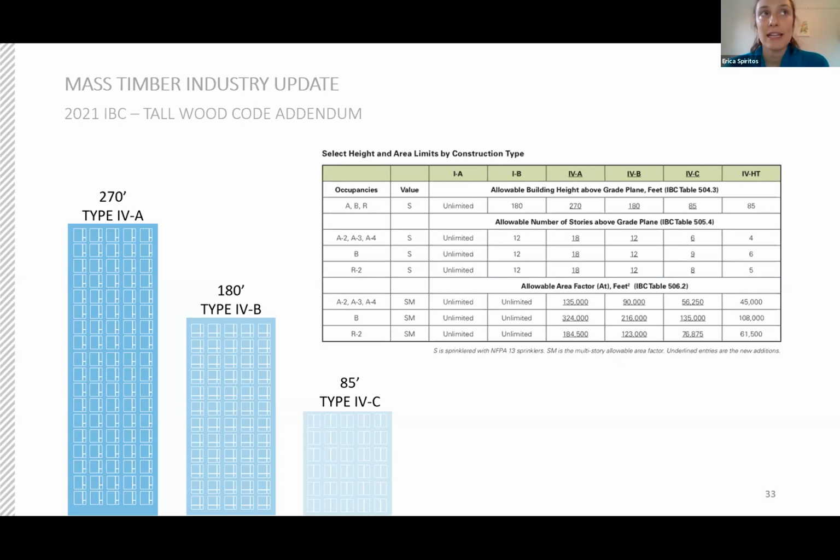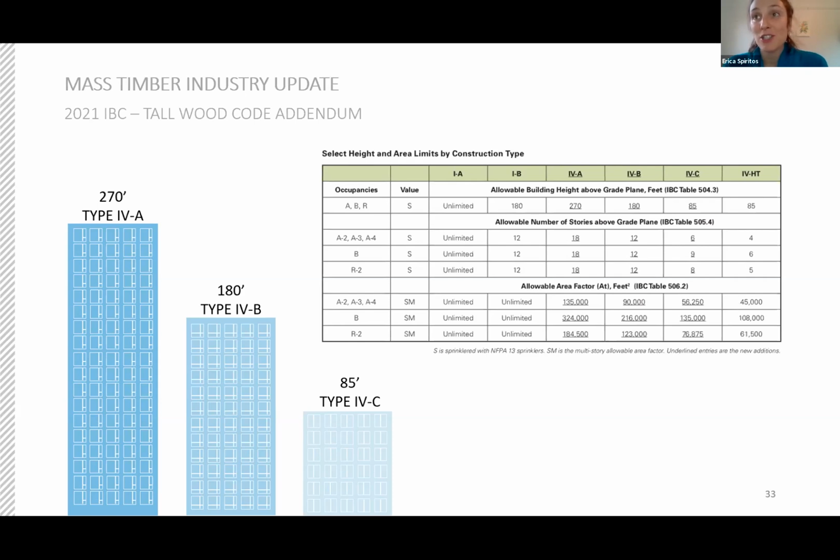So the type 4A structure has the same fire and life safety requirements as a type 1A building, a 3-hour rated vertical structure and 2-hour rated horizontal structure. Type 4C is a 2-hour rated structure, fully exposed timber. Type 4A requires full encapsulation of that timber structure. And then type 4B is a hybrid where you can expose 20% of the timber ceiling surface area or 40% of the timber wall surface area, that's columns too, or a ratio of those two calculations. So definitely some limitations there, but